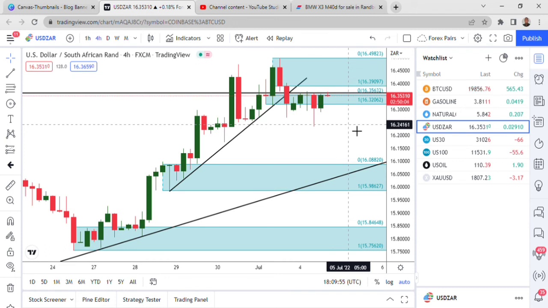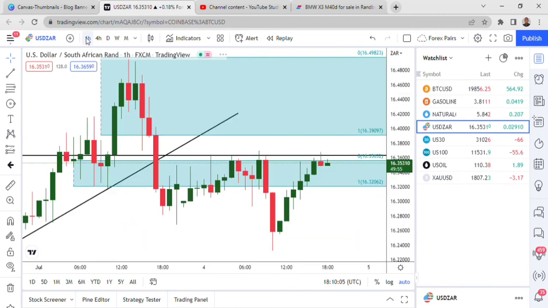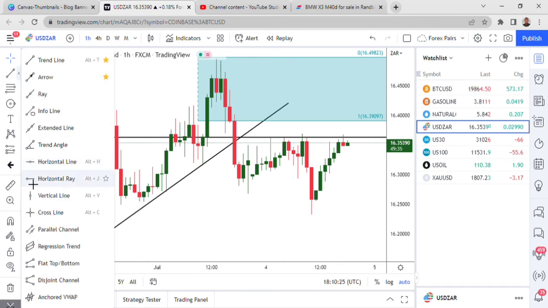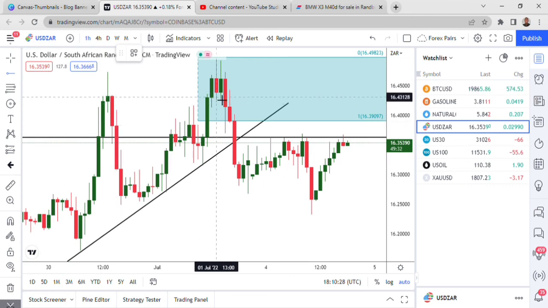But here I just wanted to show you that we can try and analyze anything with this strategy and we will still come up with trade ideas. So let's just go on this one for fun, which is our H1. But remember, the lower you move, the more structures you're gonna have, and that's why I always try and not go too low so that I don't confuse myself. So in terms of the trend line, it will still be here, it is broken. So if you want to remember, we are trading that H4 area of resistance, which is there at the top, and then on